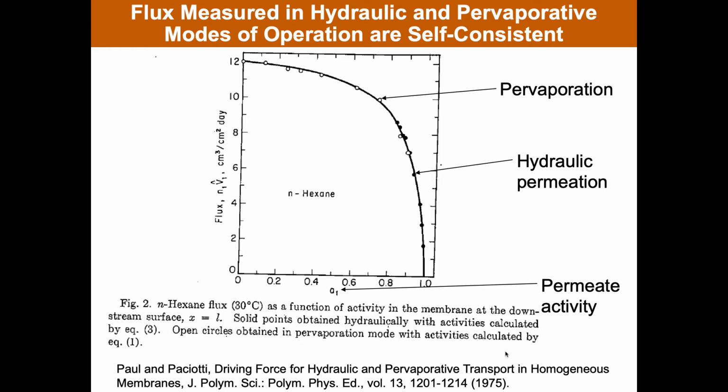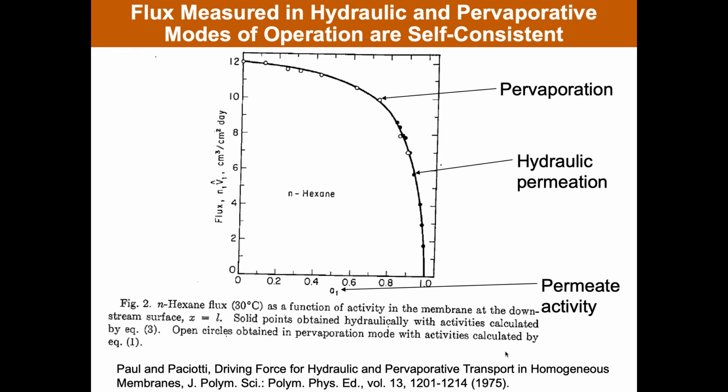And so they're different communities. And what this shows is that the same mechanisms of transport describe the permeation across this entire range of hydraulic permeation out through pervaporation. And so this is hexane transport or flux through a rubber membrane as a function of the activity at the downstream surface of the membrane. And when the downstream surface of the membrane activity is